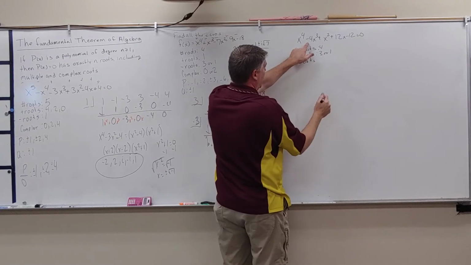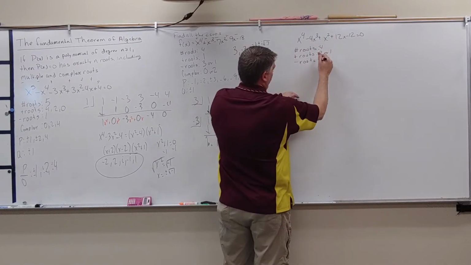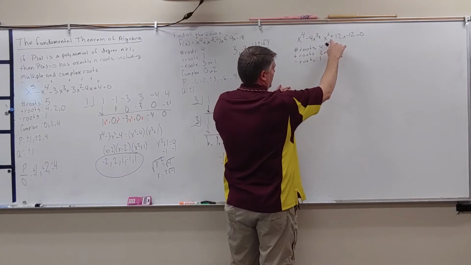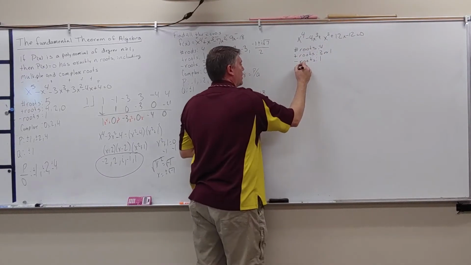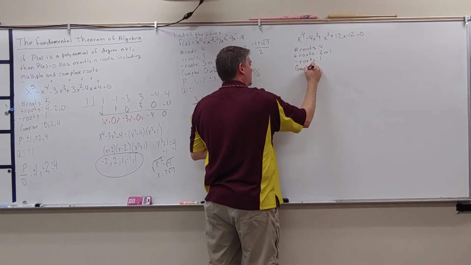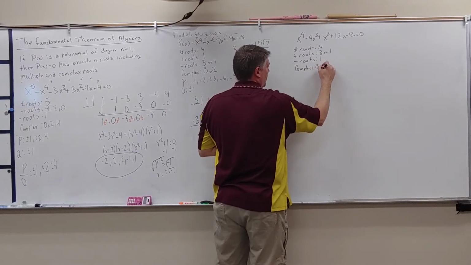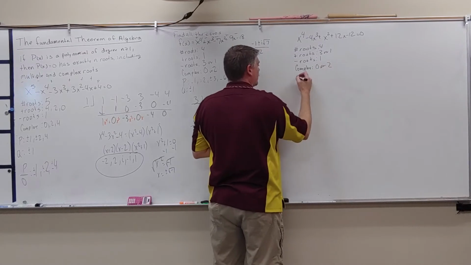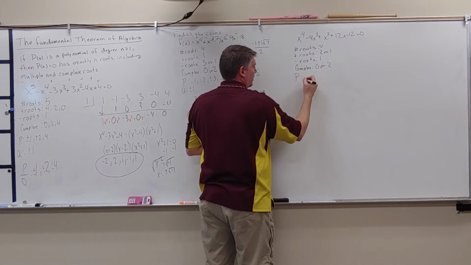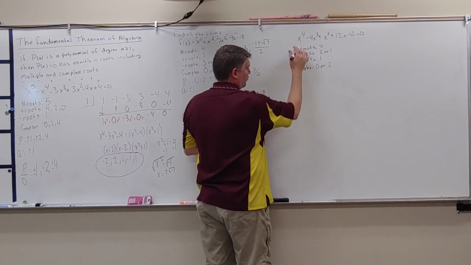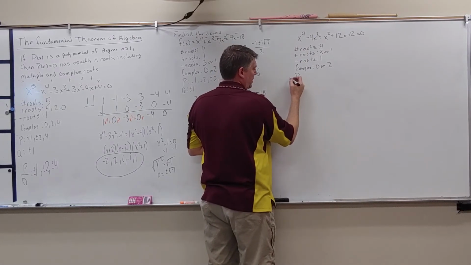So this becomes positive, this becomes negative. I would have 1. Right? Positive, positive, positive, no sign change, negative, 1. Complex is 0 or 2. So the nice thing is because Q is 1, P is going to equal